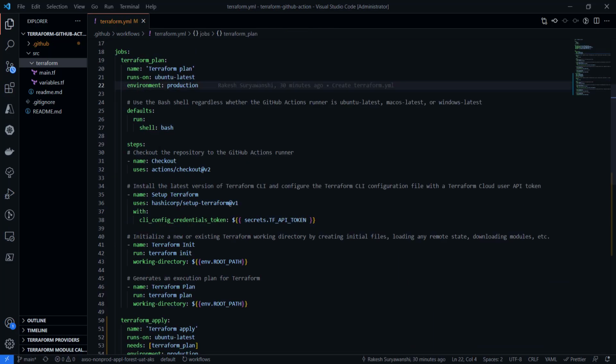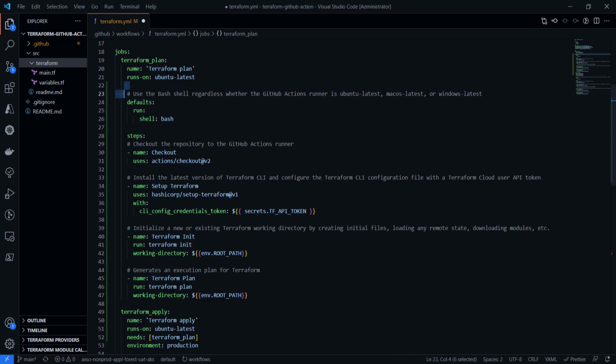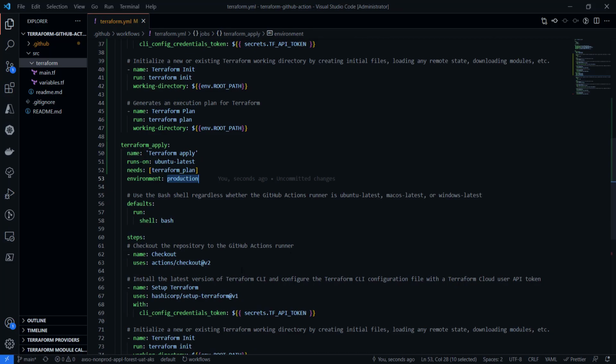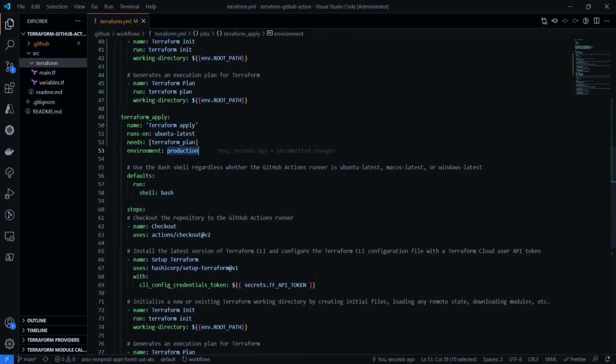Now here we are using the environment variable. We don't want the environment to be set up, so I'll remove the environment which we have in the Terraform plan section, but I would like to have the environment at the Terraform apply section. And now it is time to show you what is the significance of the environment.